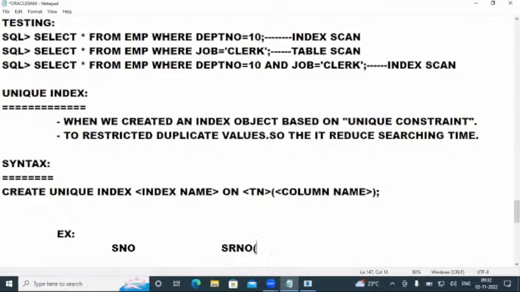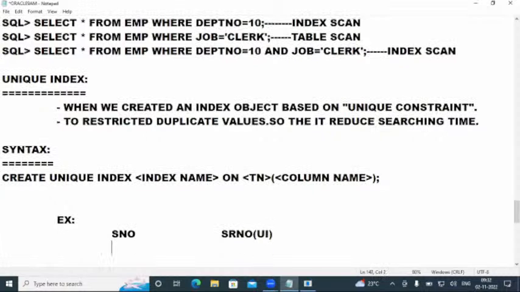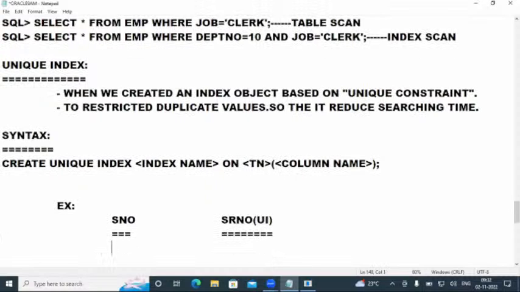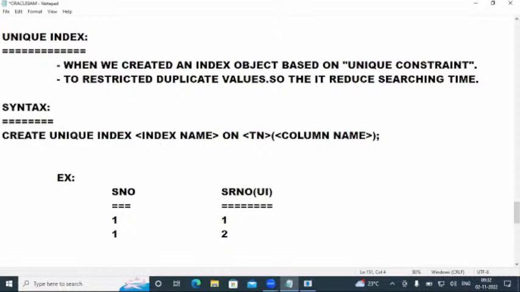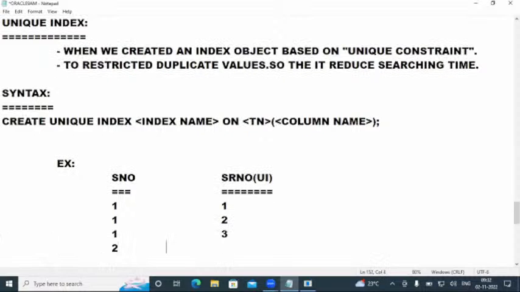On SR number, a unique index was applied, but on serial number there is no index, no unique constraint. Then what happens if I give 1 and 1, 1, 2, 1, 3, 2, 4,